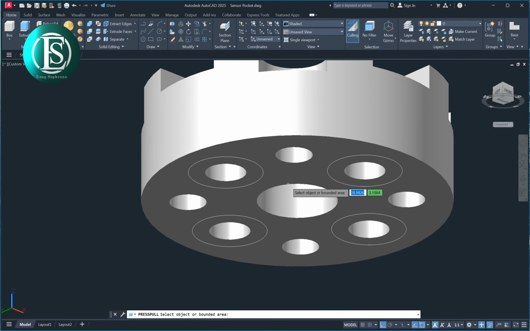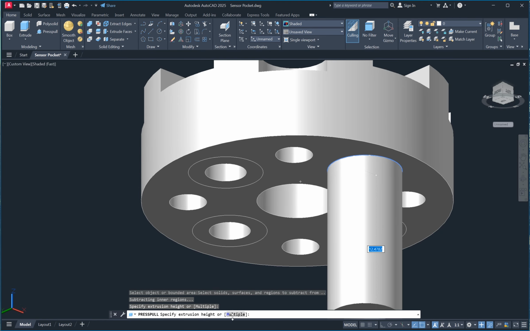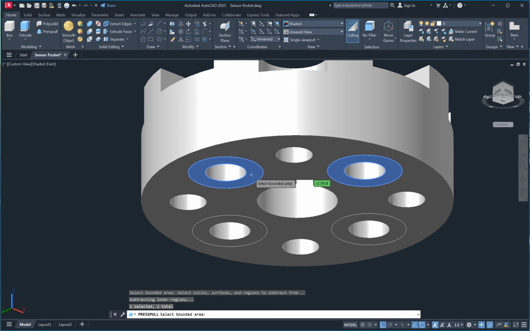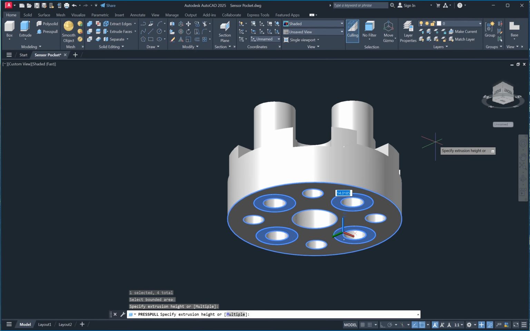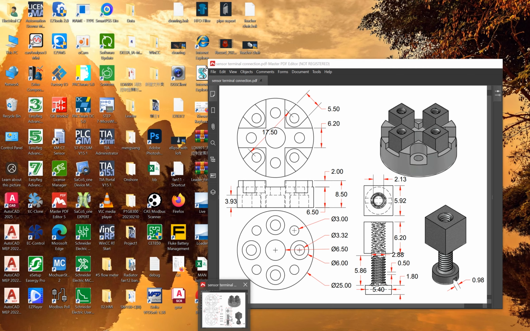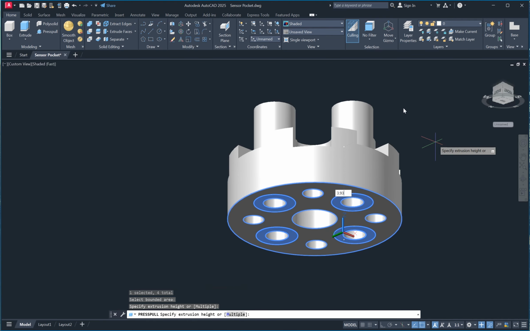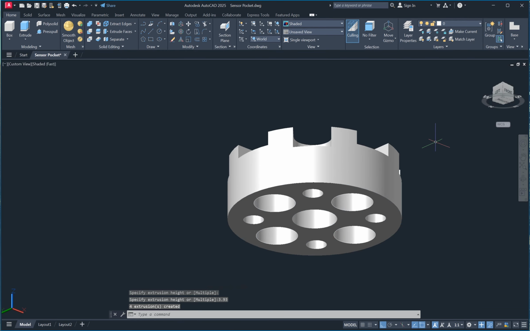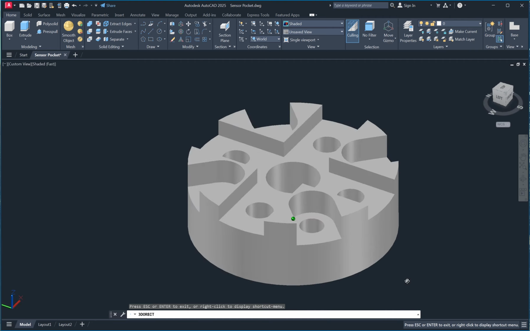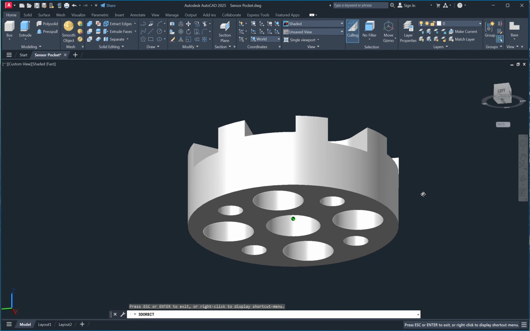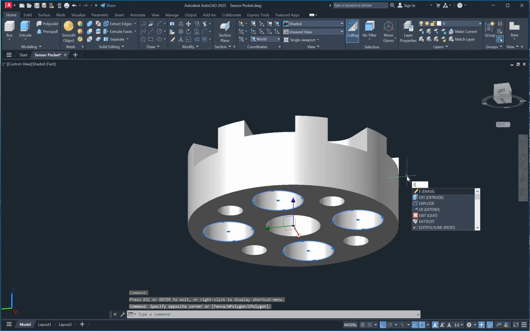Go to presspull, boundary area here, click on multi boundary area, enter, 3.93, right? 3.93, enter. Here, like this. So the next we erase these 4 circles, we erase, enter.